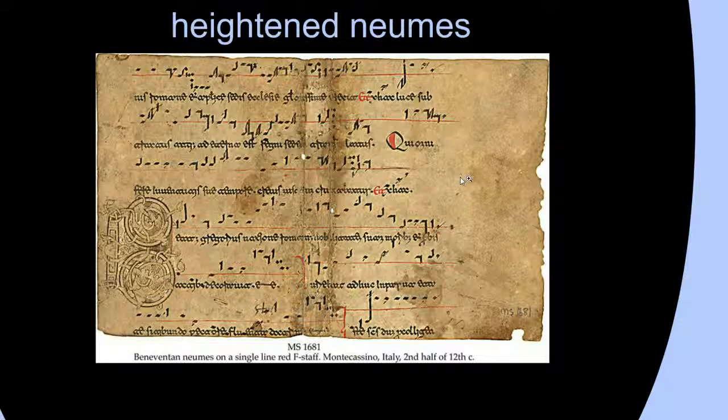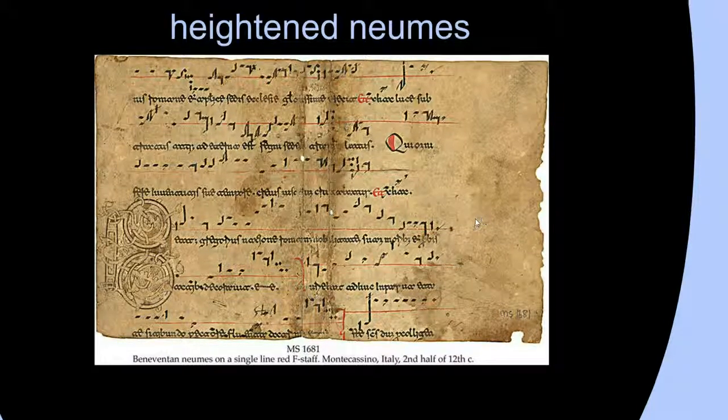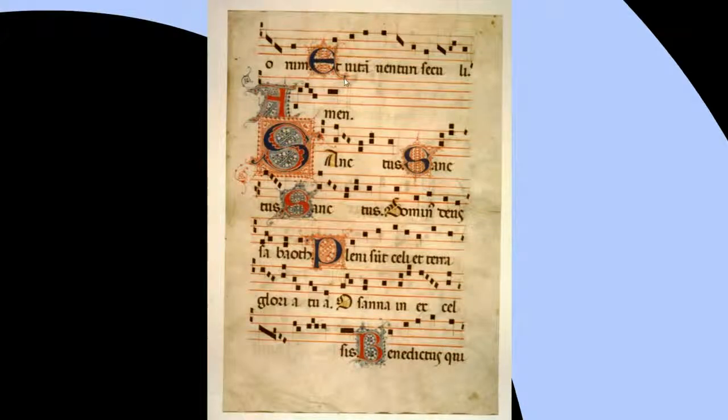With this one, if you've never seen the song before and you try to sing it using this, you might not get it quite right, but you will probably come fairly close. However, we eventually get square notation, which is very exact. It tells you exactly what note to sing. Now we have 4 red lines forming what we call a staff. And this staff holds our notes and tells us exactly what the notes are and how long they last.